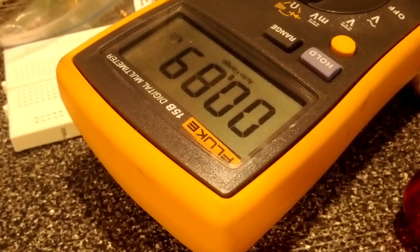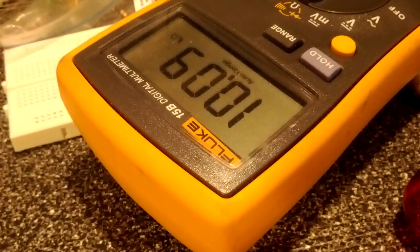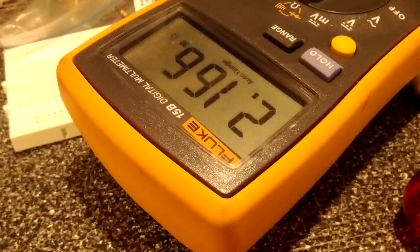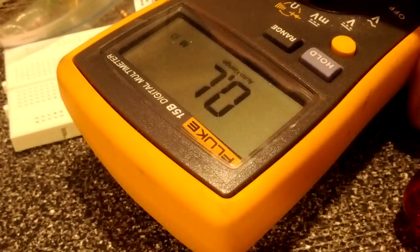We can see that when it's exposed to light, it gives out about 10,000 ohms, maybe a little less. And when it's completely dark, 3 million ohms, 2 million ohms, 2.5. So we can use this. We'll say we want a threshold somewhere between dark and light. So we'll say it's working sort of on voltages at 2 million ohms. That's what we'll assume,